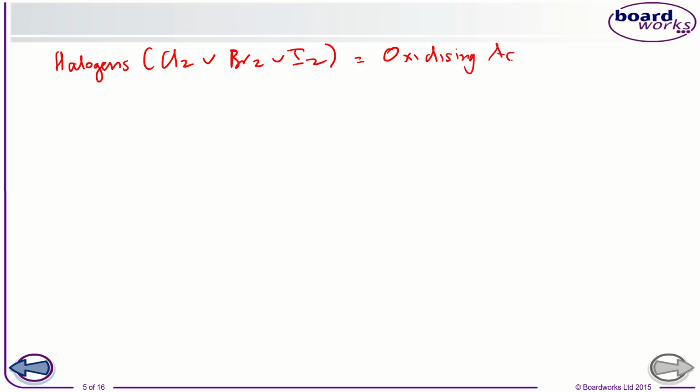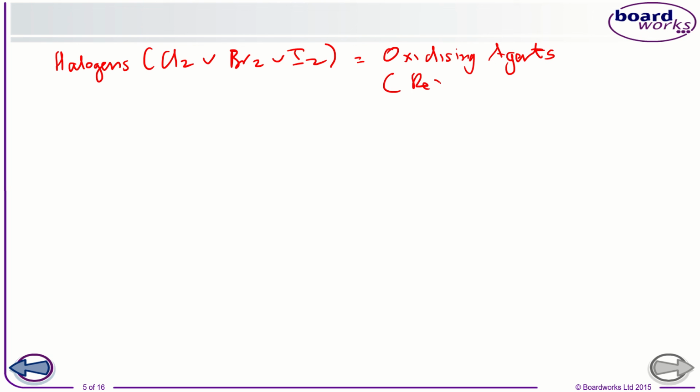Okay, so if we then go ahead, guys, to have a look at the strength of the halogens. Remember, now I've changed my language. I'm talking about the halogens, which are the elements themselves. So chlorine, bromine and iodine are the ones you need to be aware of, and we're looking at their strength this time as oxidizing agents. So we've moved away from the halide ions as reducing agents, we're looking at oxidizing agents.